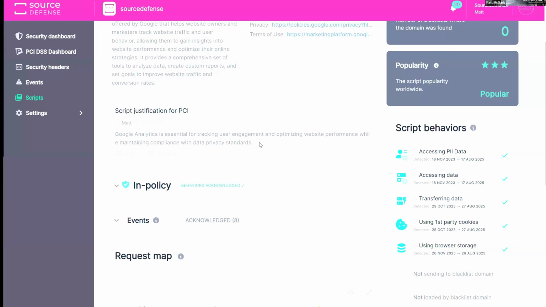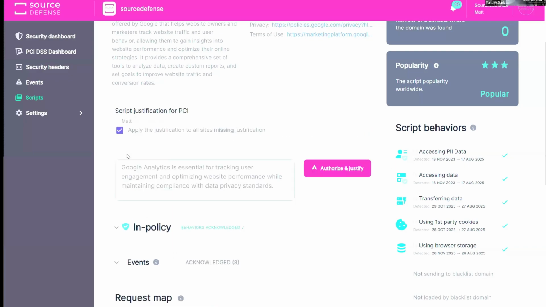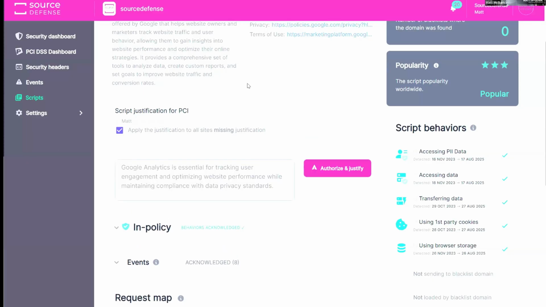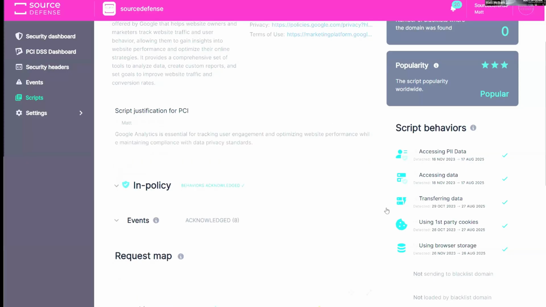And so you can see here, we handle justifications in our system. Basically, we become the system of record for these things. We can even help you automatically generate these if you want. We can't read your mind, so you may need to add details about your intent, but we'll get you 90% of the way there. And then this becomes an auditable, justifiable, long-term place to store these rather than a spreadsheet, et cetera.